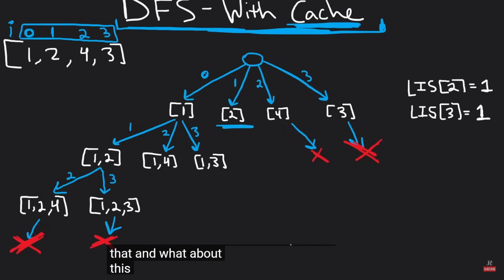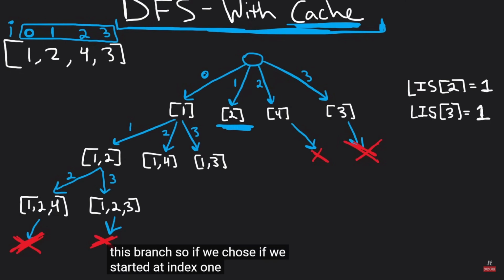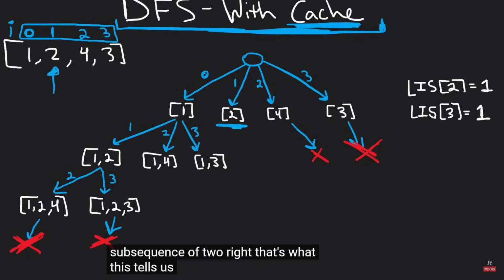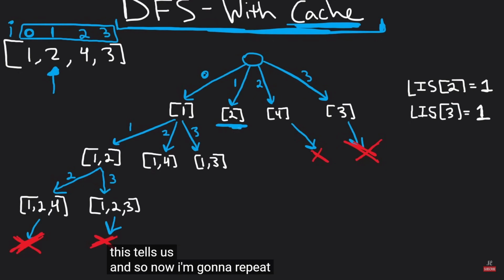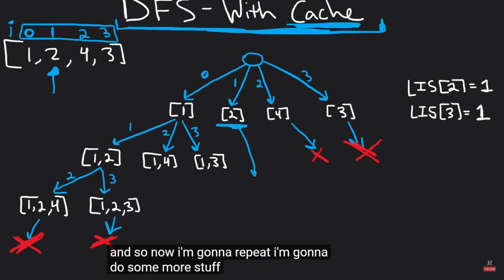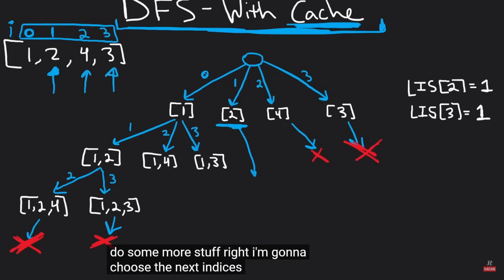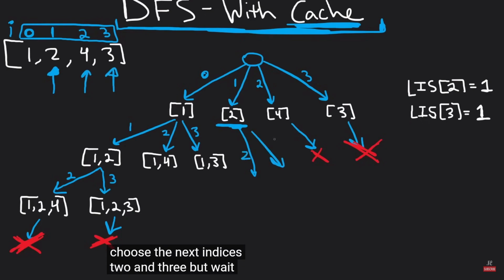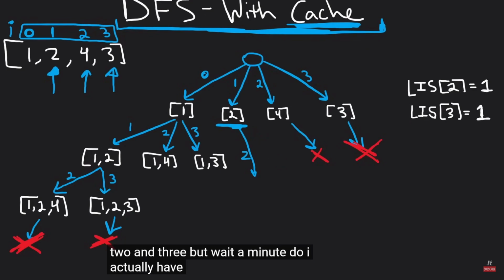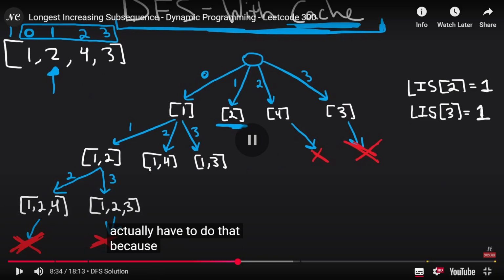And what about this branch? So if we started at index 1, we would start with the subsequence of 2, right? That's what this tells us. And so now I'm going to do some more stuff, right? I'm going to choose the next indices 2 and 3. But wait a minute, do I actually have to do that? Because